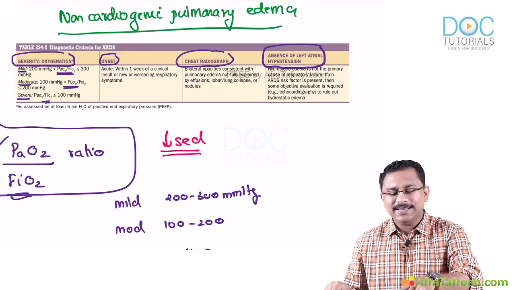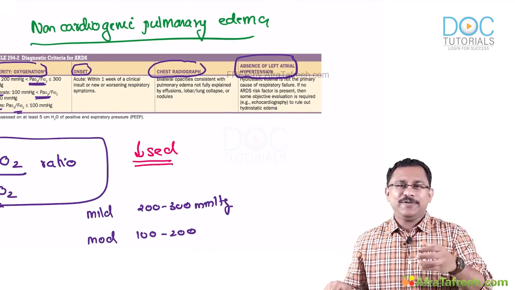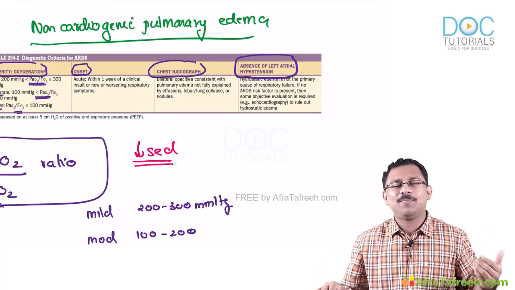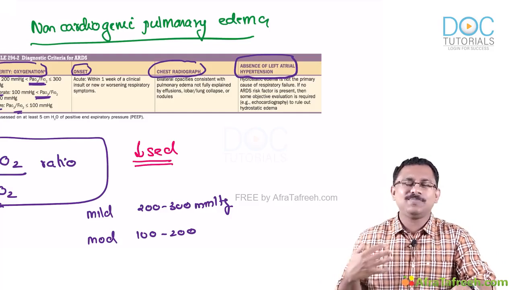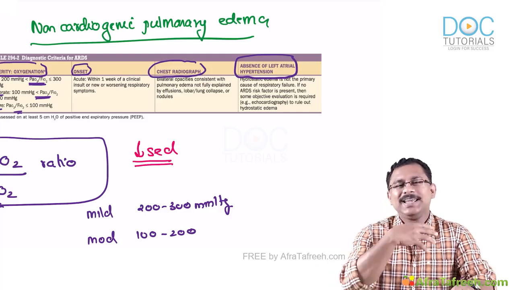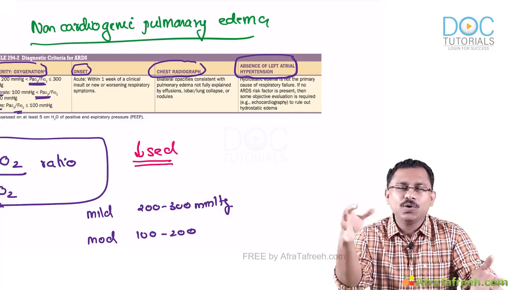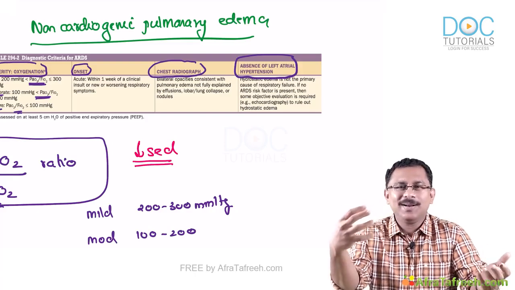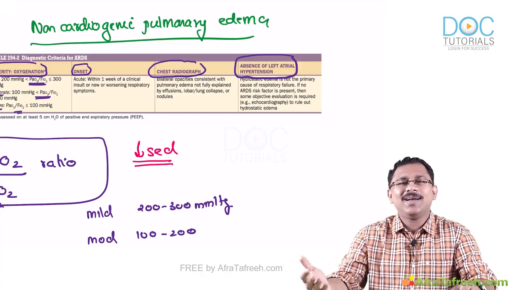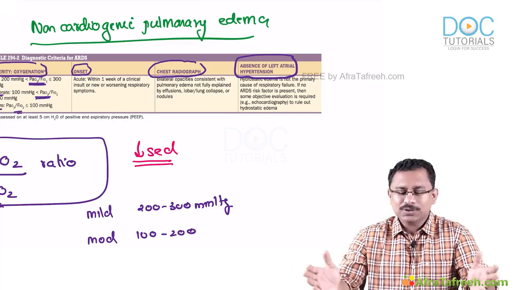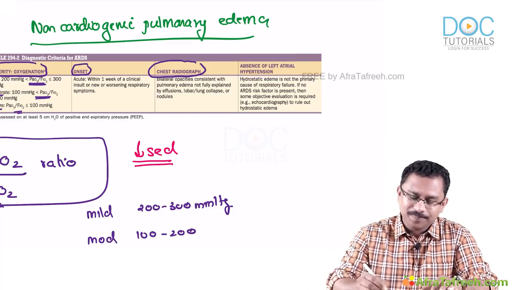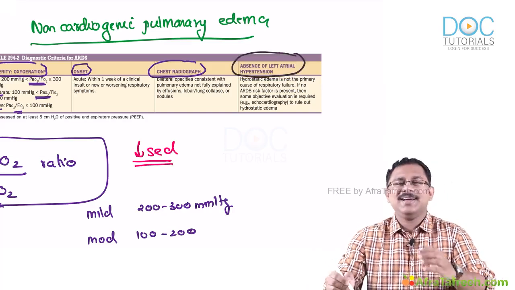See, the criteria is defined in such a way because if a patient is having a coronary event, an acute myocardial infarction, he might develop a pulmonary edema, and you might find diffuse bilateral infiltrates in a bat wing type of manner. So if you see such an infiltrate, do not think that any acute onset breathlessness with a bilateral pulmonary infiltrate is an ARDS cause. This can very well be a cardiac cause, which is again more common. So you should rule out, in the diagnostic criteria itself they are saying that you should rule out any evidence of left atrial hypertension.